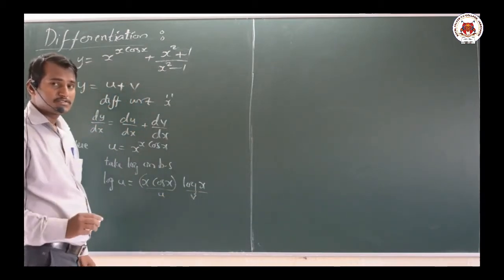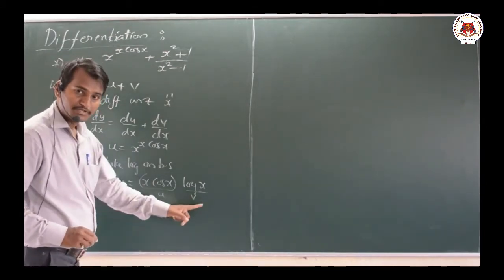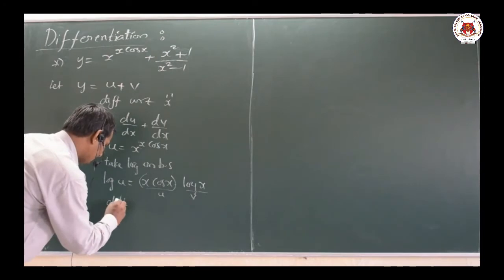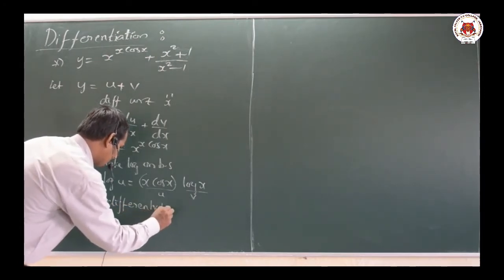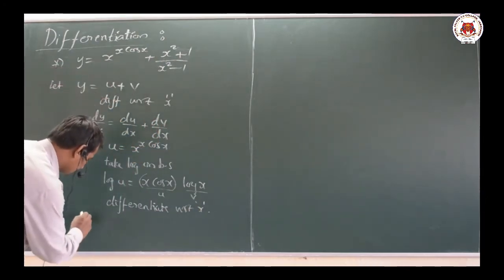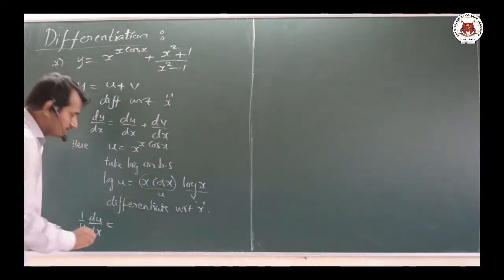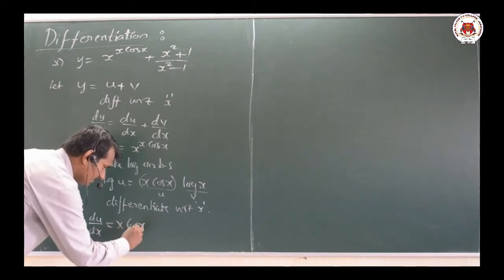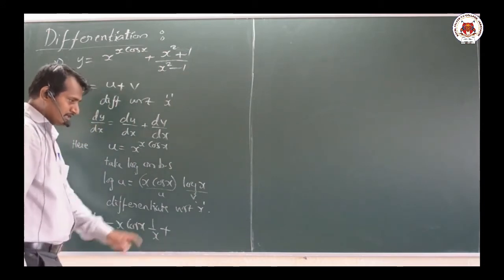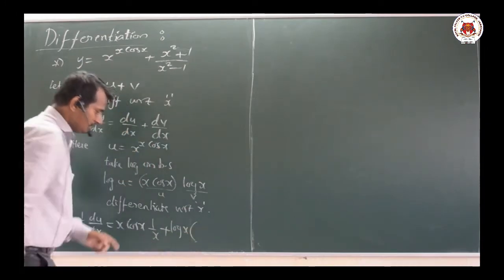Now dear students, we have to observe that it is by parts differentiation. U as it is, v differentiation. V as it is, u differentiation. That means here differentiate with respect to x here. That means here log u differentiation will be 1 by u into du by dx equal to u as it is. U as it is means x into cos x as it is. Differentiation of log x will be 1 by x plus of, next log x as it is. Next part is differentiation of u.